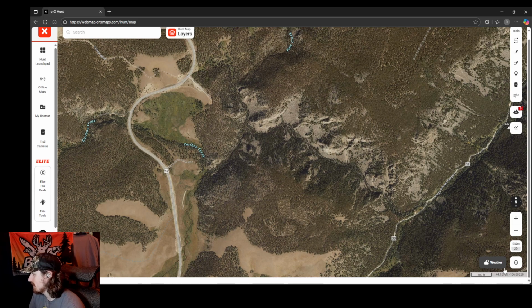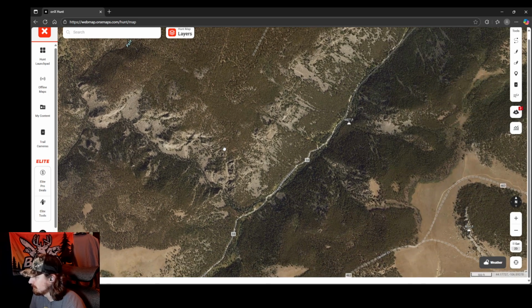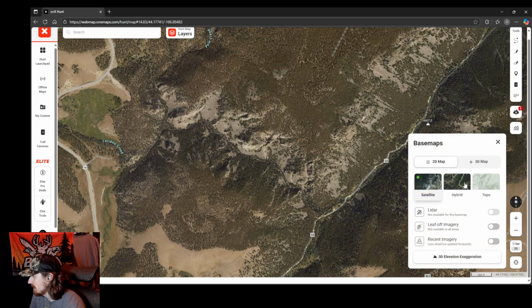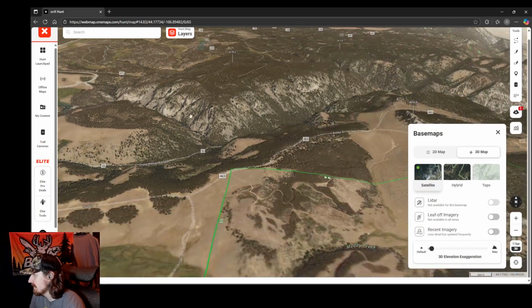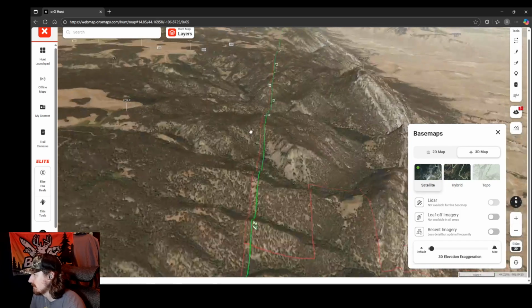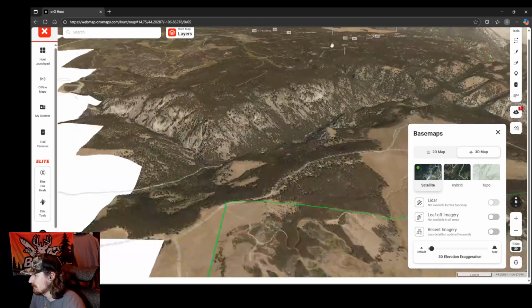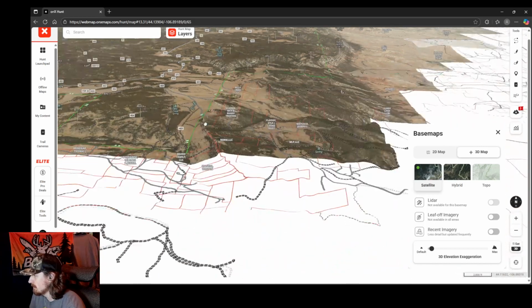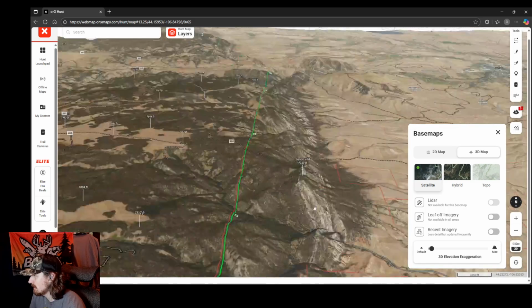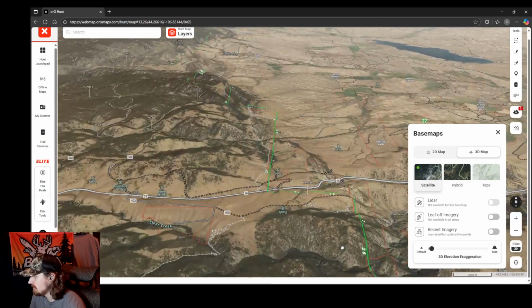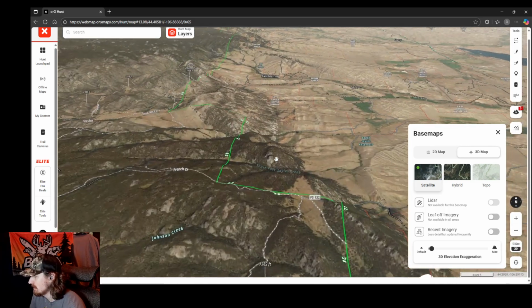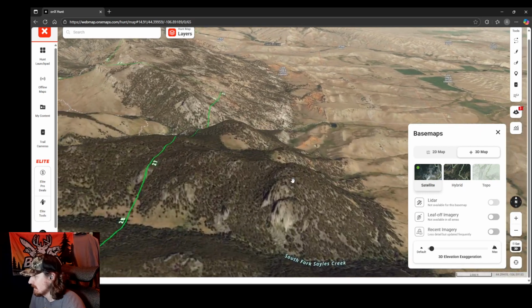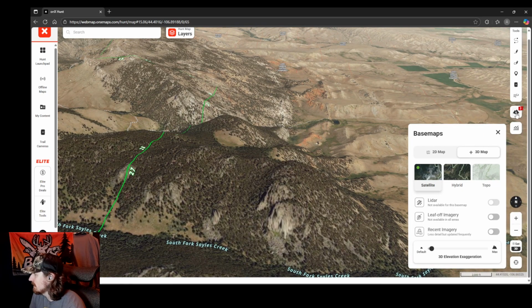And then one other quick feature to show off is some of these beta features that they're working on. So what I found was really cool with what they've been doing is if I find cool terrain feature that I want to take a little bit more information about, I go over right here, and I turn on